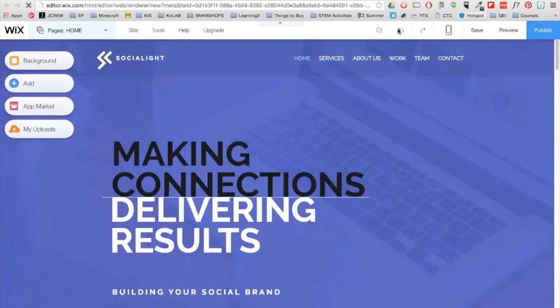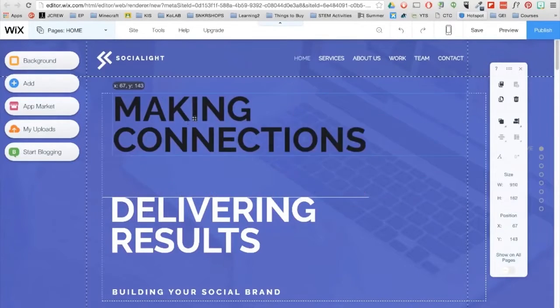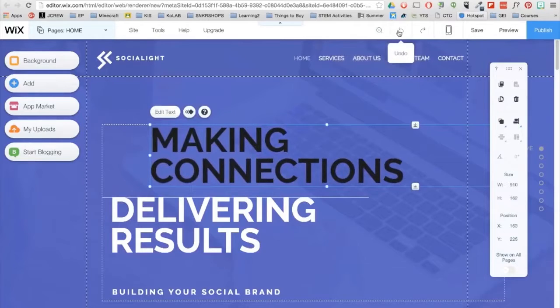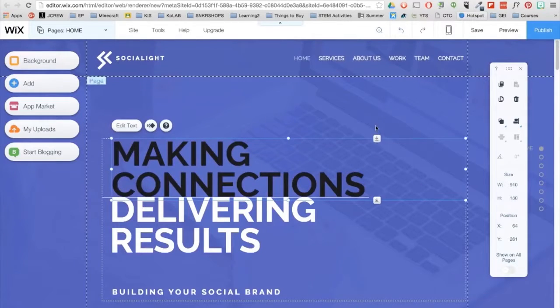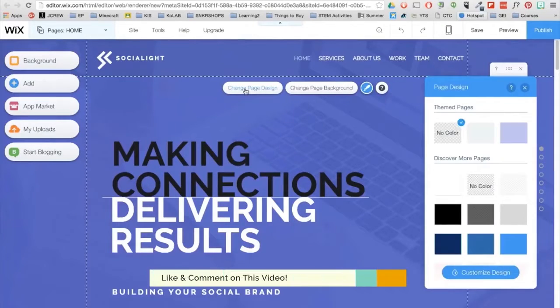So for me, my favorite functionality in Wix is the drag and drop feature of any of the elements you see on the page. So, there's no coding required. You simply drag and drop text, images, menus, and galleries to any location you want. You will be given the option to manipulate it however you wish, but first, let's start with the page background.